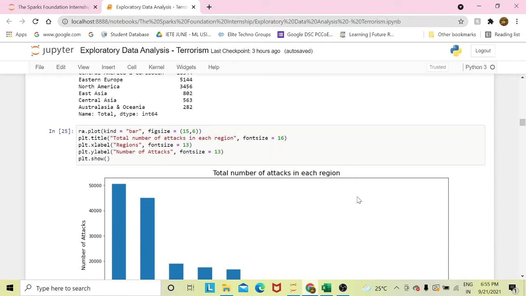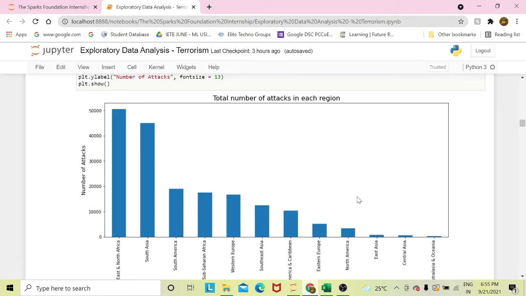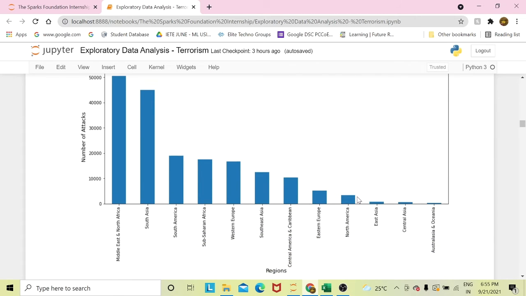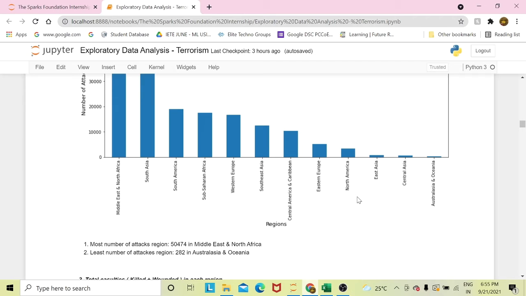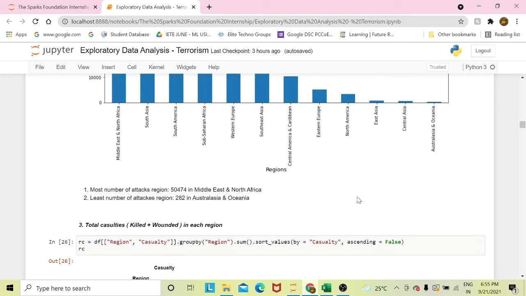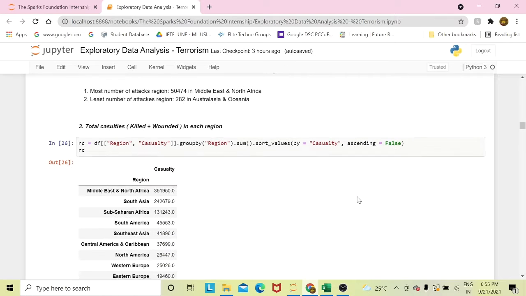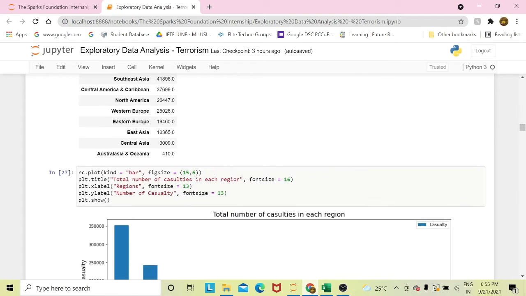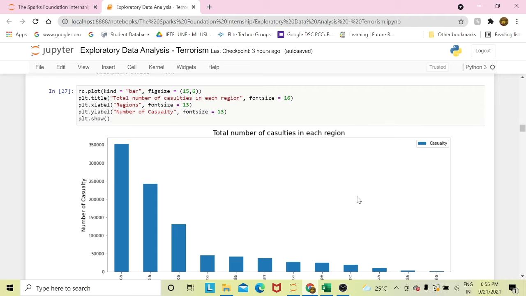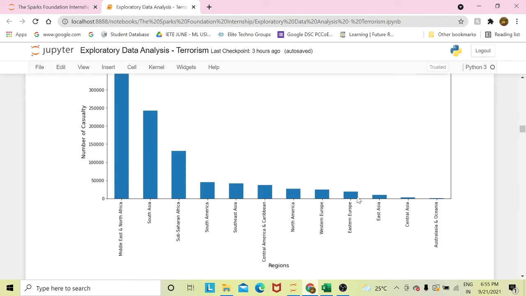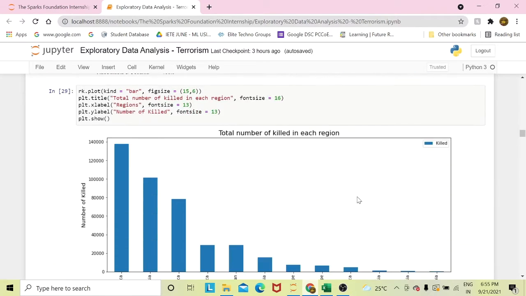So we can see that the most number of activities are in the Middle East and North Africa. The same way, we proceed to check the total casualties in each region and the number of people killed and wounded in each region.